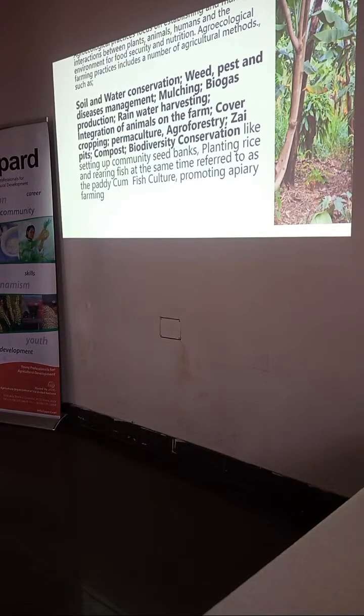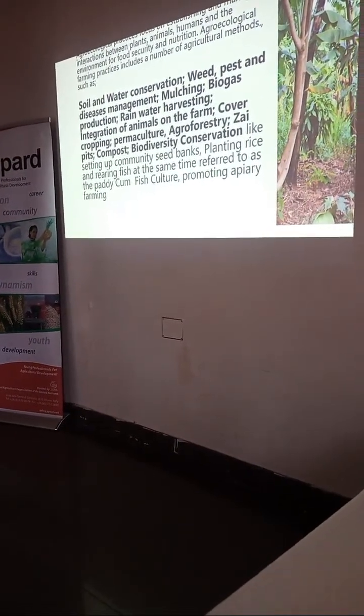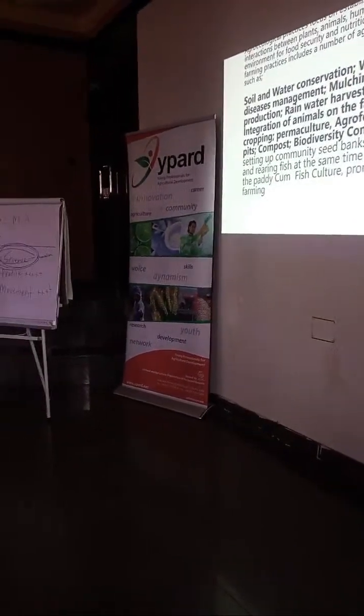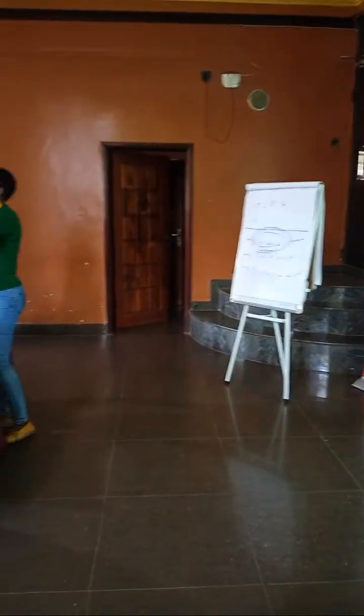You can use them to make compost, because if you already have your animals, you have the cow dung already available, or the chicken droppings, so it is easier for you to just put them together. Normally they advise that this kind of harvesting happens in the field so that you leave the wastes in the field, especially for crops like beans, soya beans, where we normally uproot everything and take it home. After removing what we need, we burn the rest. But how about we leave it in the field? It will give us much more value there.